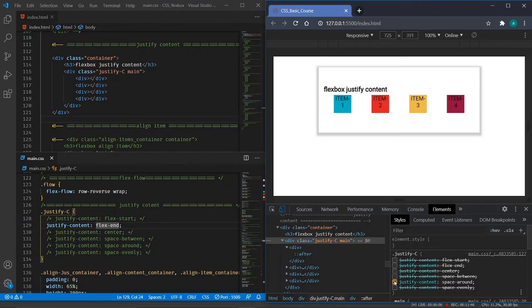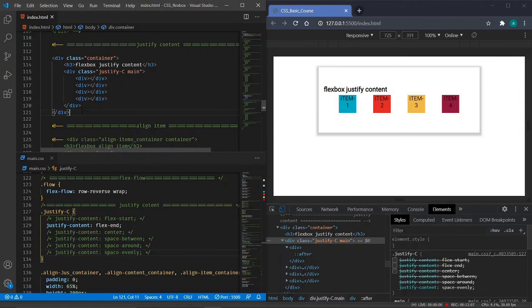You can see there is a big difference between the space around and space between. The last one is the space evenly. Space evenly means all the items will be having equal spaces. So this is the way justify content works.